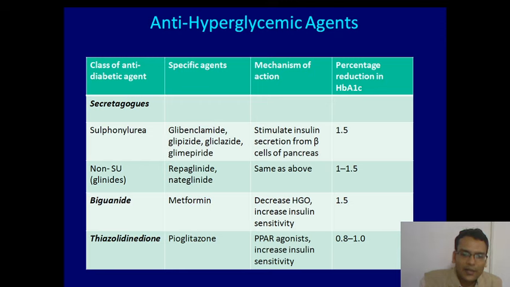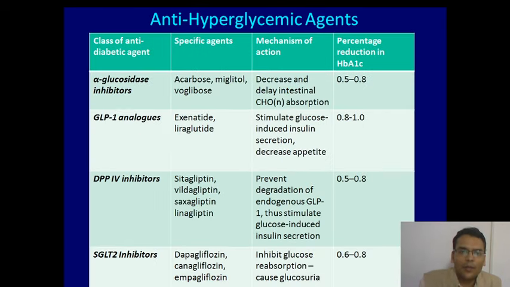Thiazolidinediones, pioglitazone, which work as a PPAR, or peroxisome proliferator-activated receptor agonist, and which tend to increase insulin sensitivity, with A1C reduction of about 1%. Alpha glucosidase inhibitors, which decrease and delay intestinal carbohydrate absorption, have A1C reduction of 0.5 to 0.8%. GLP-1 analogs, which are analogs of GLP-1, an incretin which stimulates glucose-induced insulin secretion and also acts at the level of CNS to decrease appetite, have been shown to reduce A1C about 0.8 to